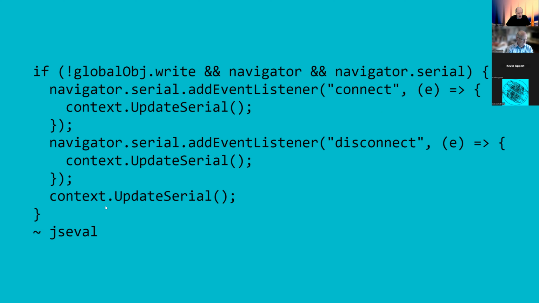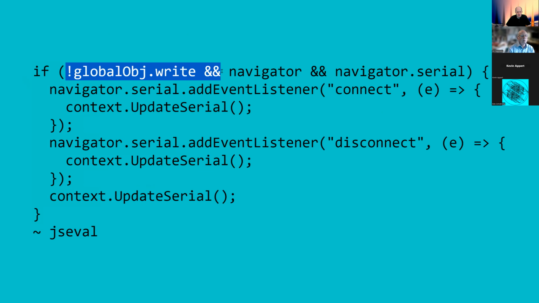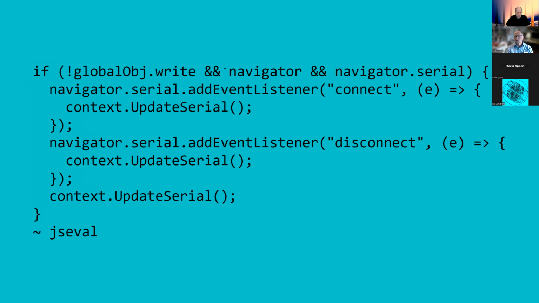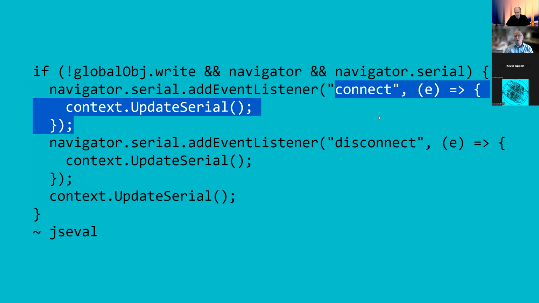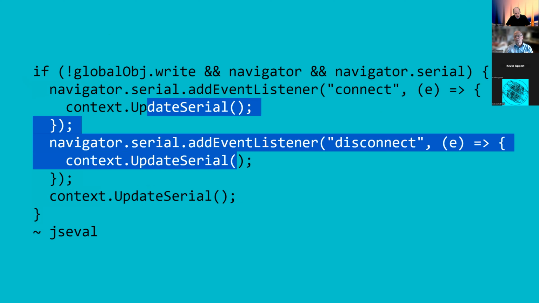And then there's a little bit of plumbing to this bit of code that works around the fact that I run my JavaScript implementation both on a web page, but I also try to make it possible to run inside of headless tests that I can run. So this is only operating when it's not headless. And then I listen for connection events, disconnect events, and then update the set of